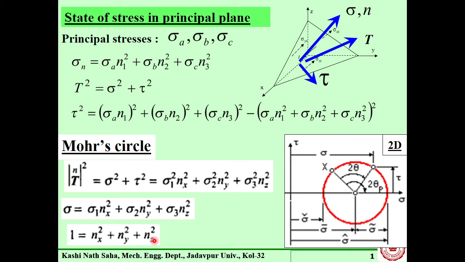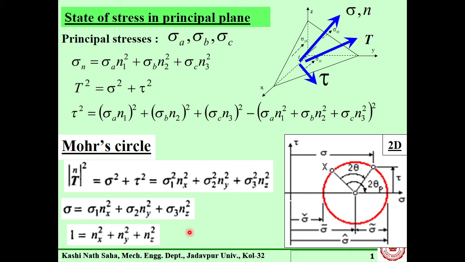If it is 1 by root 2 and 1 by root 2, then the third is 0. What happens if it is 1 by root 2 and 1 by root 2? The sum of squares becomes 2 by root 2, it is becoming root 2. It is not possible once again. But 1 by root 3, 1 by root 3, 1 by root 3 is possible. Half and half is possible. Is it clear?